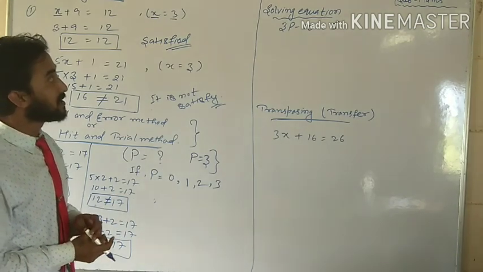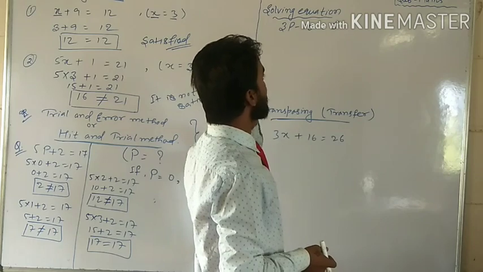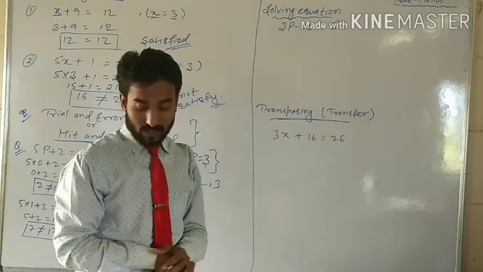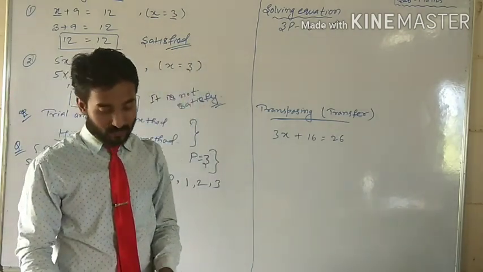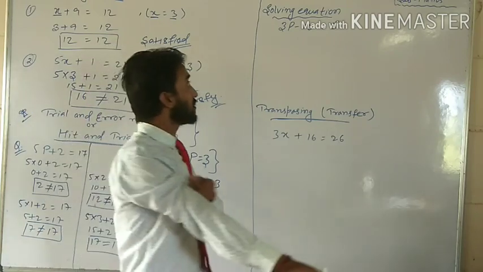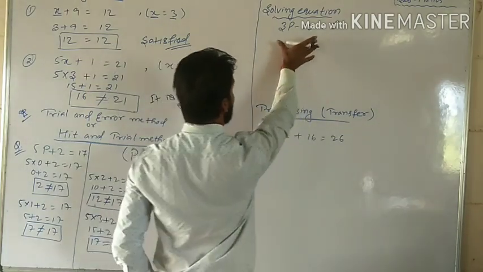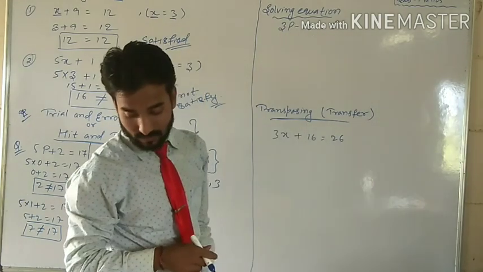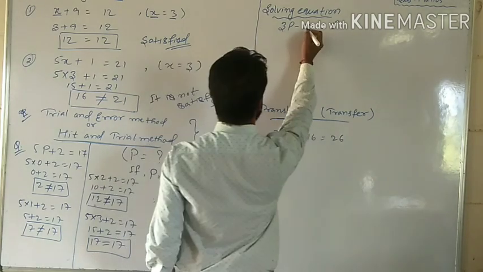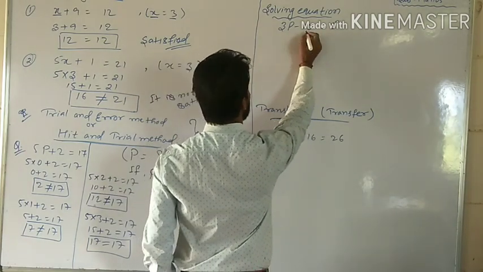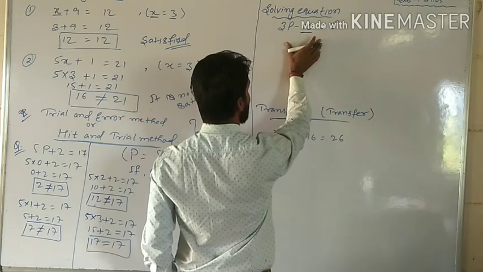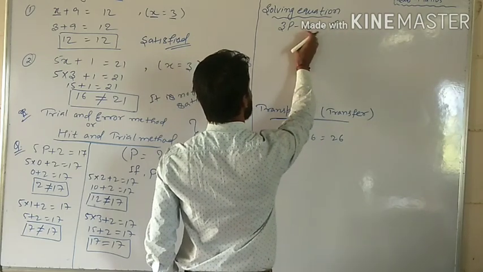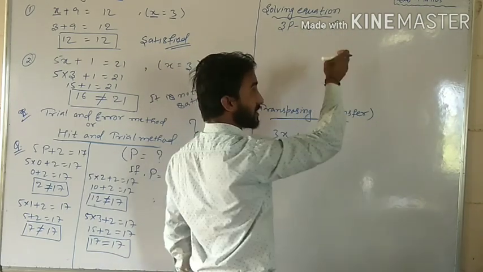Okay students, now we will be solving equations. In solving equations, how will it be solved, students? The equation is already given, and how will it be solved? For solving the equation, we will do one thing. First of all, we will find the constant value. See, in this equation, what is the constant value? This 10 is the constant value, and we have to satisfy it equal to 5. So this constant value we will eliminate.